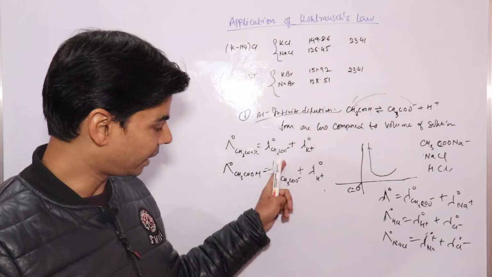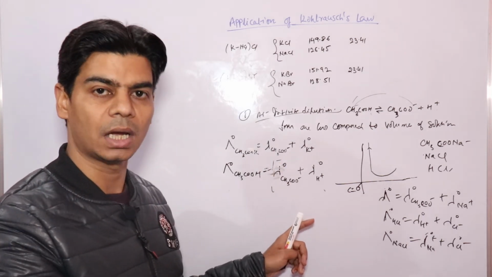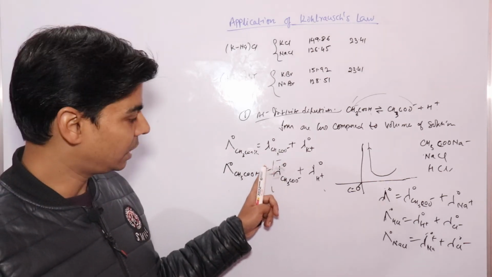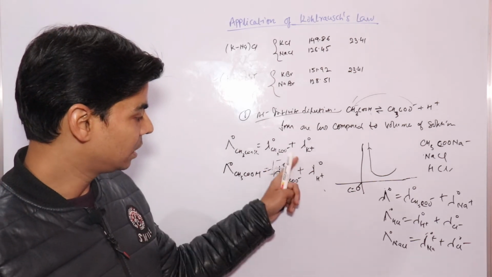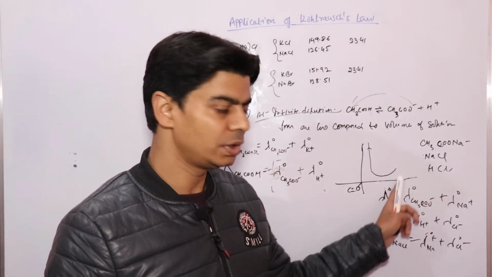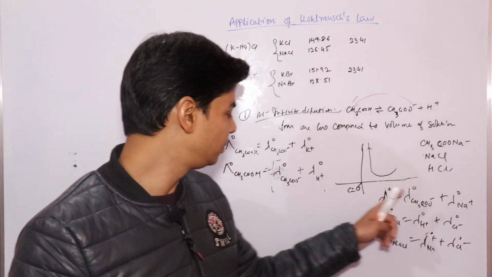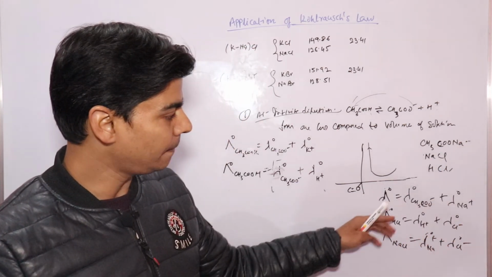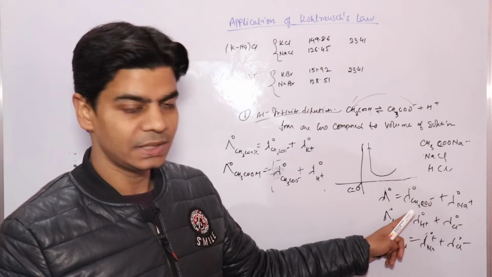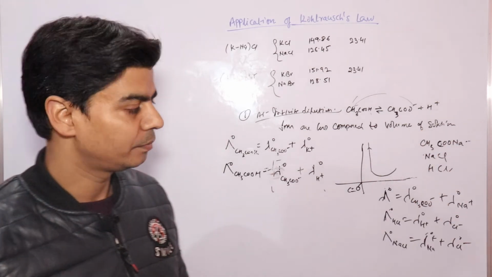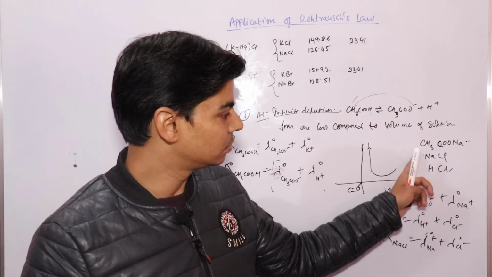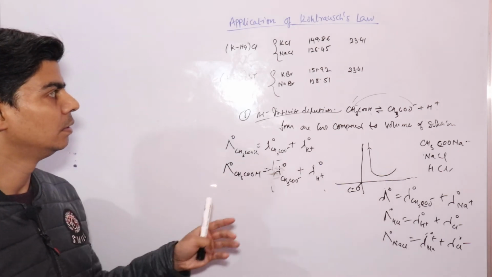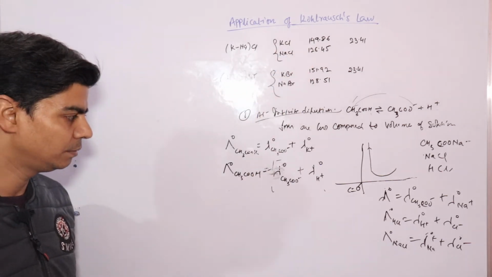Since the motion of acetate ions doesn't depend on the counter ion, the other ion, it doesn't matter whether we are calculating the ionic conductance of acetate ions in the case of acetic acid or in the case of sodium acetate at infinite dilution. It would be the same, right? Since sodium acetate is a strong electrolyte, we can calculate the ionic conductance of acetate ions using sodium acetate, right? Because we can calculate the value of strong electrolytes using these experimental studies, right?